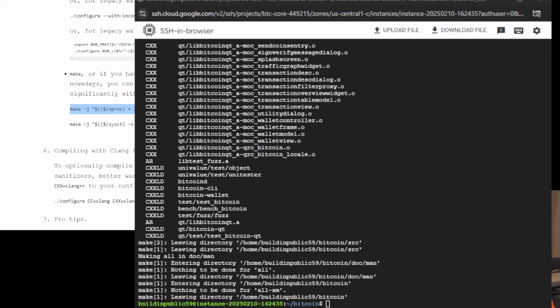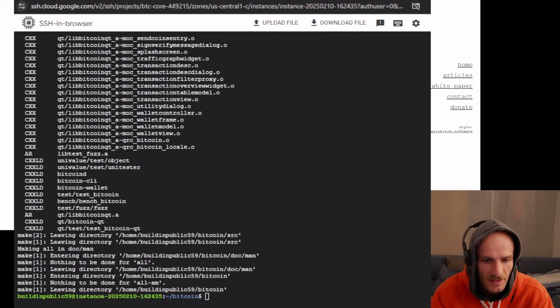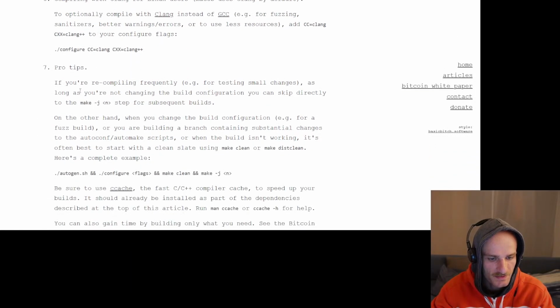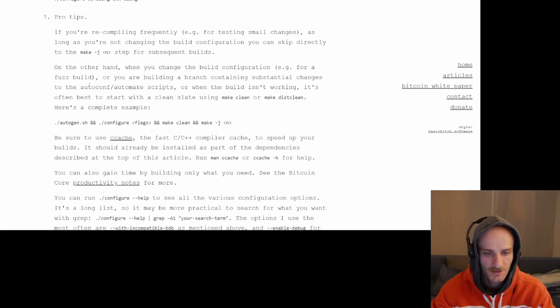Okay, so now this looks like completed correctly, and let's have a look. Now we shall be able to complete the next steps. So these are other configurations